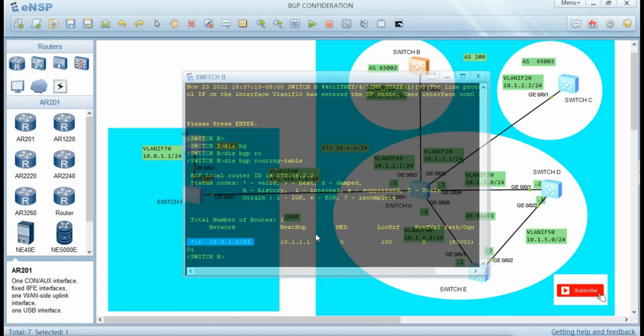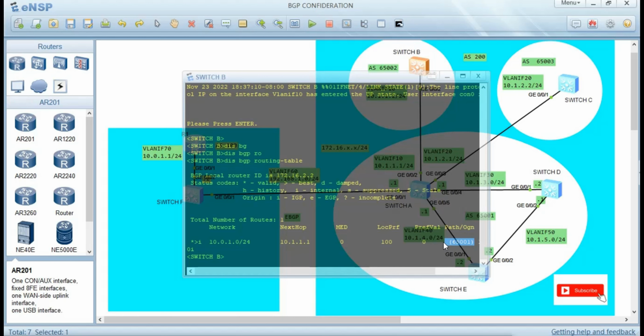Our next hop is on switch A, that is 10.1.1.1. Local preference value is 100. As we said, the confederation has the advantage that it retains the original BGP attributes,